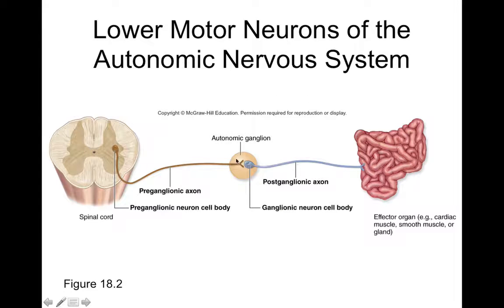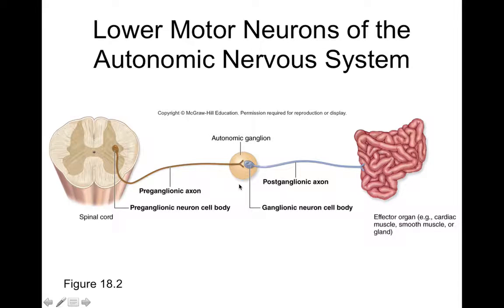So what this example is showing you is the structure of your autonomic nervous system generally. We're going to have a preganglionic neuron with a cell body in the spinal cord, right? The lateral horn. But it could also be a preganglionic neuron with a cell body somewhere in the brain, because not all autonomic nerves come from the spinal cord. Some can come from the brain too, okay? But anyways, we'll have a preganglionic neuron with a cell body here. We have an axon that exits the spinal cord, and that goes on and synapses or communicates with a neuron you find in a ganglia.